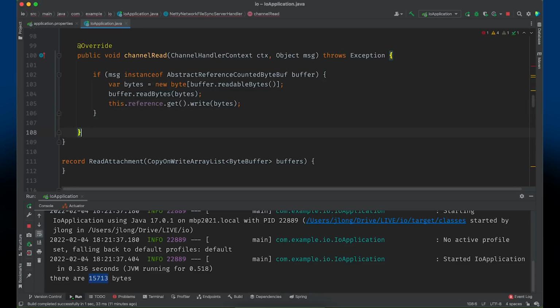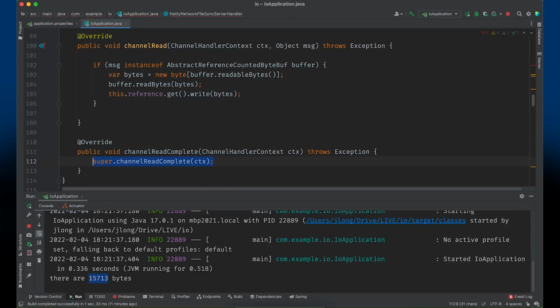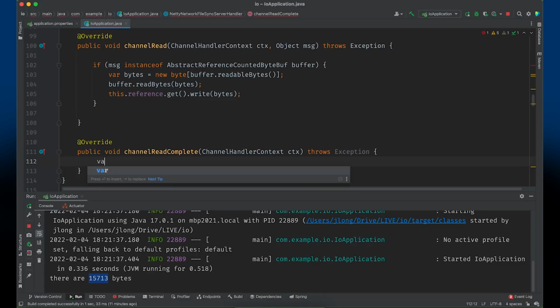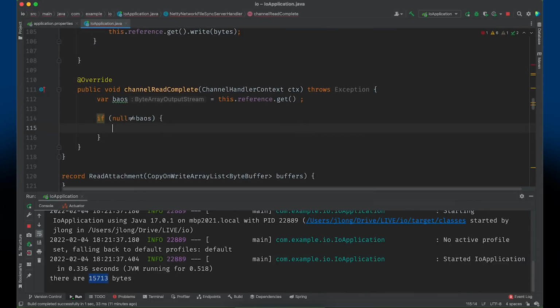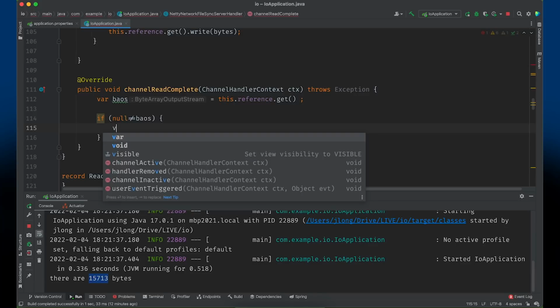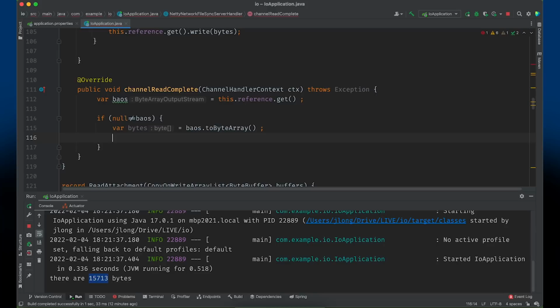The next thing we want to do is when the read is complete, channel read complete, then I want to make sure we actually take the bytes that we've accumulated and write them out. Okay. So here I'll say var BAOS equals this dot reference dot get. If null does not equal BAOS, we want to get the data from the bytes. So var bytes equals BAOS dot toByteArray. And if bytes dot length does not equal 0, right, then